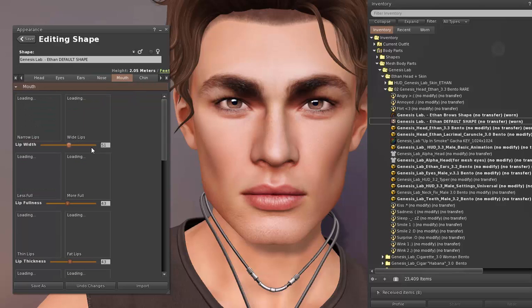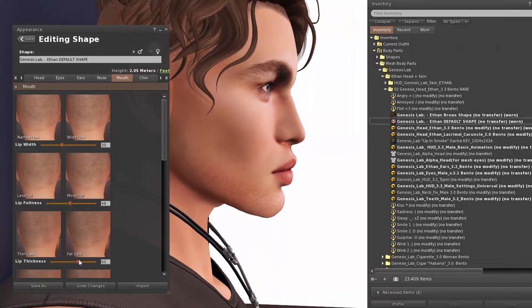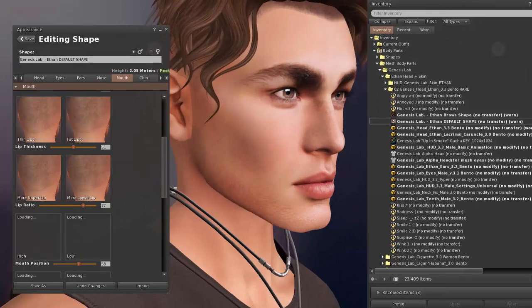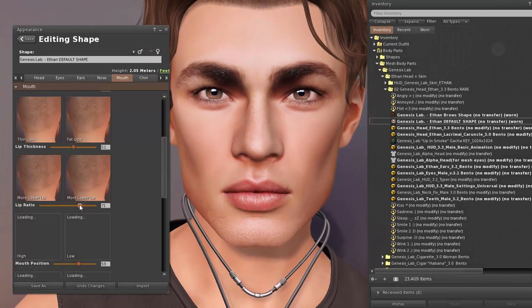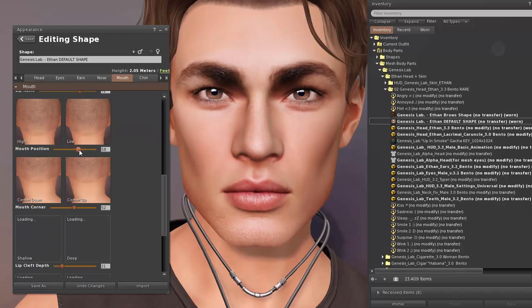Then for the mouth, you can increase the lip width, you can increase the lip fullness, and you can increase the lip thickness. So you want to look at the fullness and thickness from the side so you're not giving yourself some serious duck lips like that. And then you want to look at lip ratio. I like to have a heavier bottom lip, so I like to make it a little bit heavier. Then you want to look at mouth position